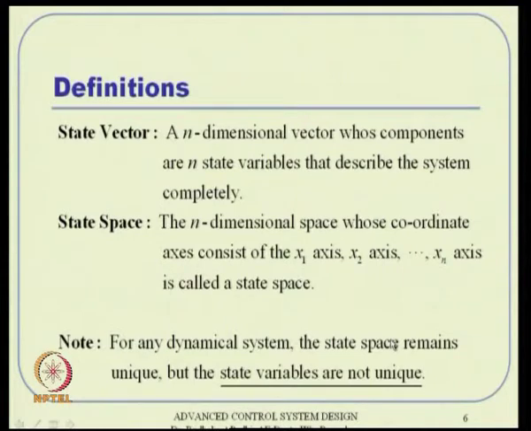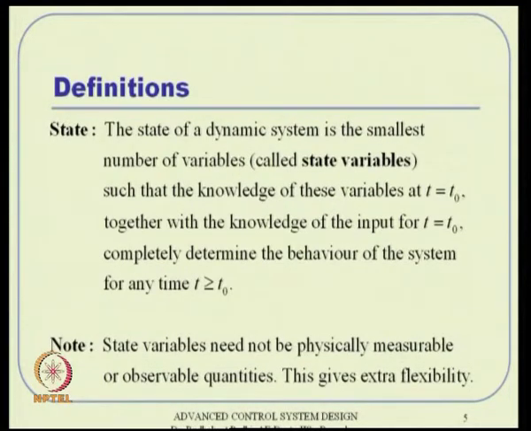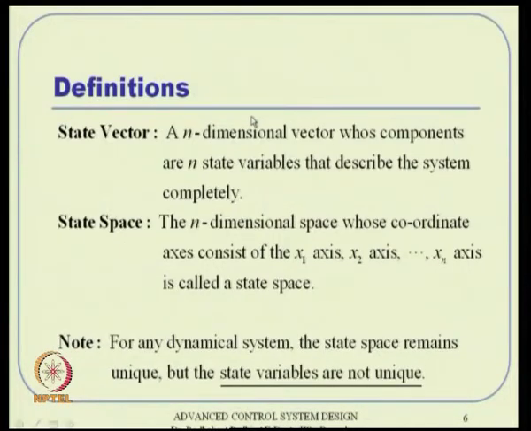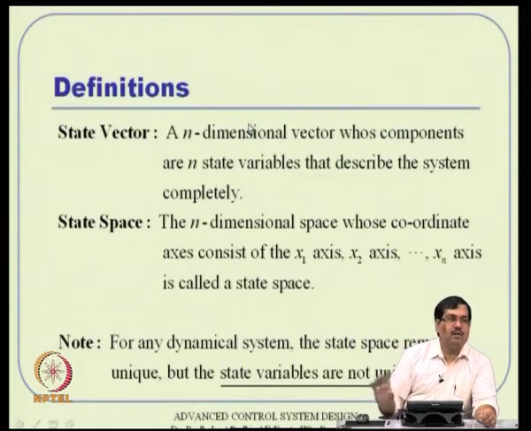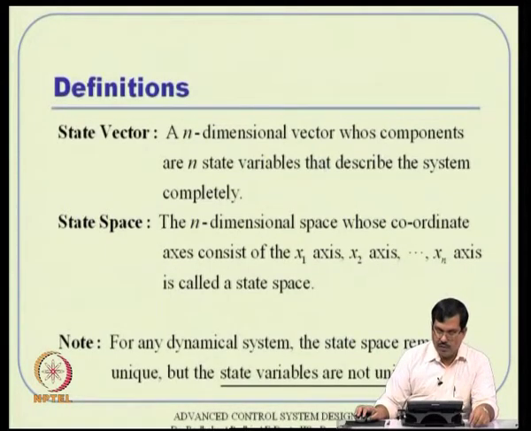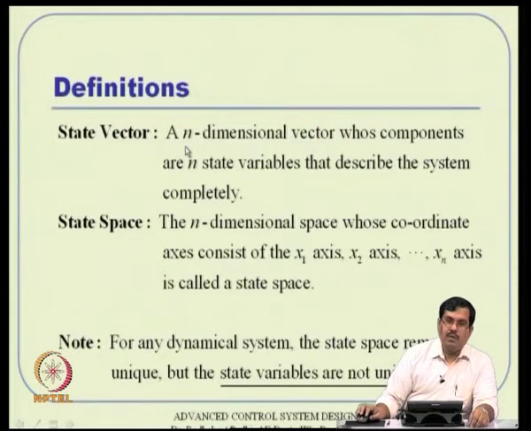And then the further definitions, we talk about state vector. So, after these state variables, if you put them one over the other, x1, x2, x3 like that in a column vector, typically it is defined as a column vector by default. Then you will constitute an n dimensional vector, assuming that you have n such variables x1, x2, x3 up to xn. If you just put them one below the other, it will form an n dimensional vector. That vector is called the state vector.